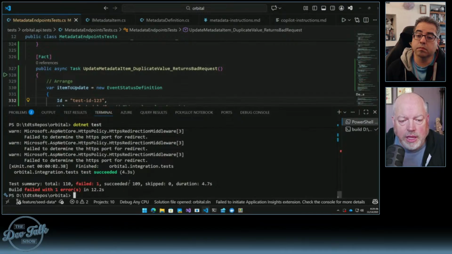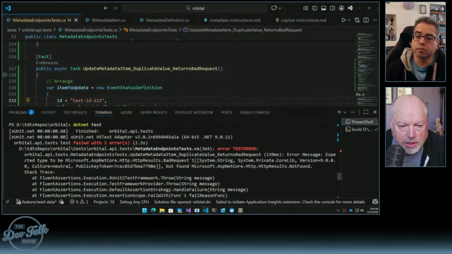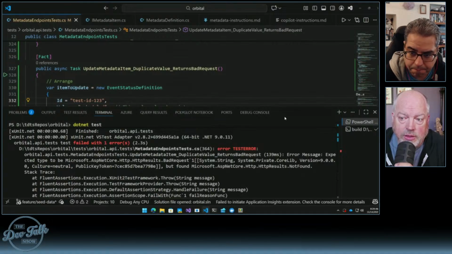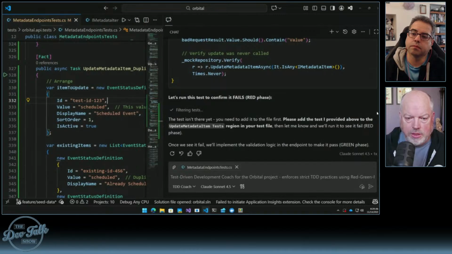So one failed. And the one that failed is this one, right? Error message expected type ASP.NET Core, right? Yeah. Cool. So we're at red. Yep. And then now we can go ahead and do the